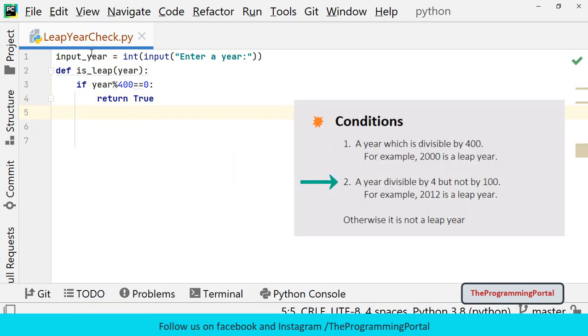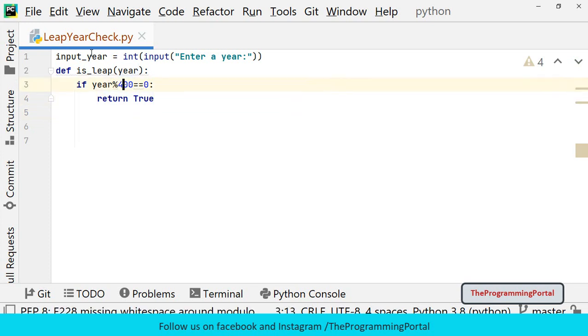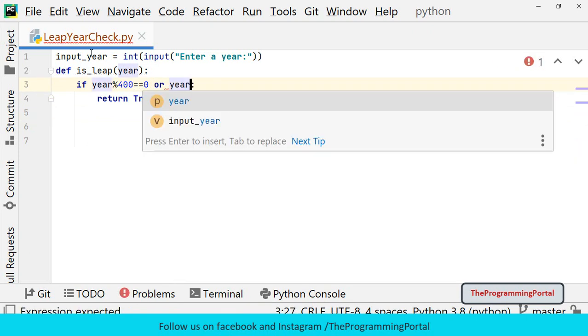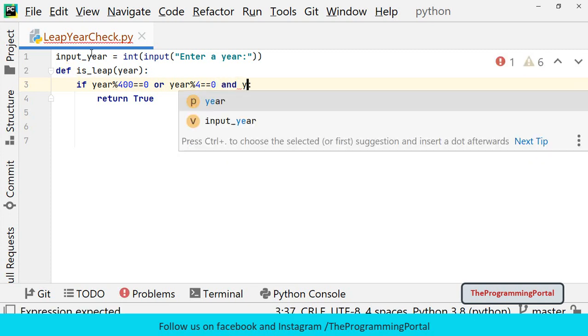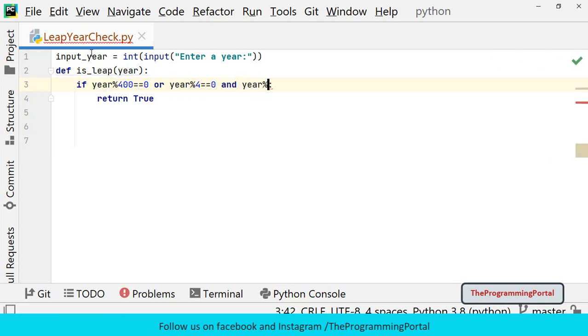Next, if the year is divisible by 4 but not by 100, then it is a leap year. So we can write OR operator and specify the next condition in the same block. So I can write OR year modulus 4 equals to 0 and year modulus 100 not equals to 0.